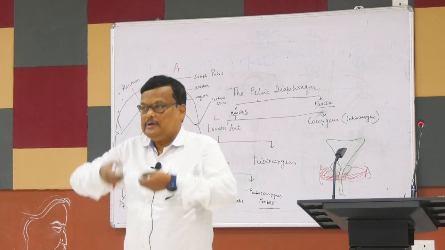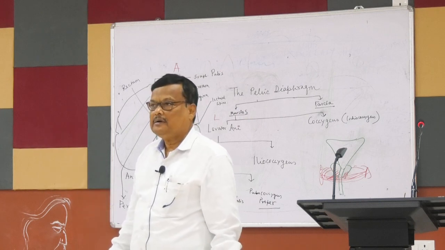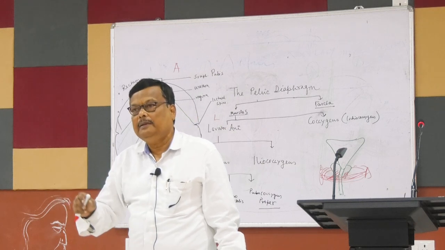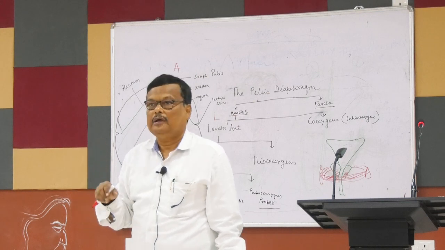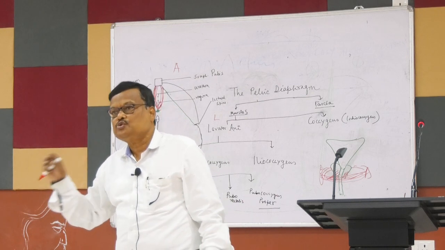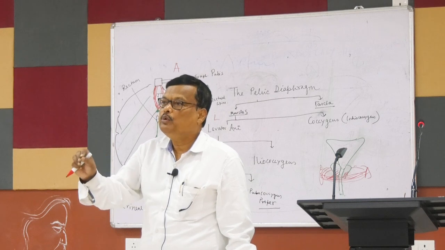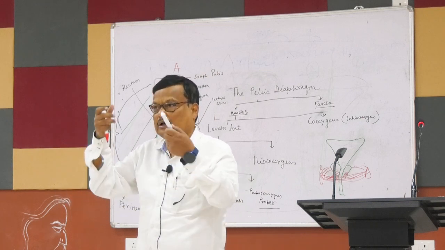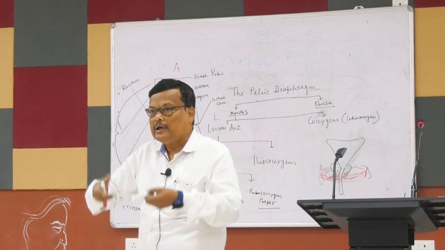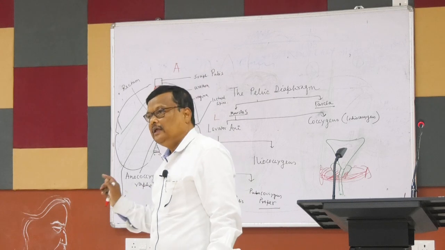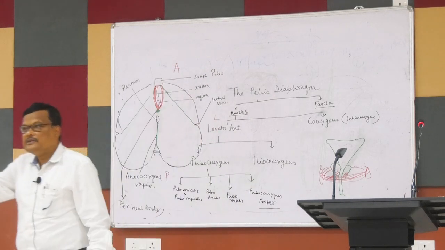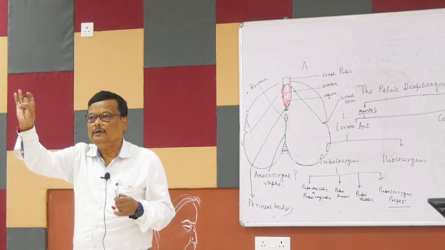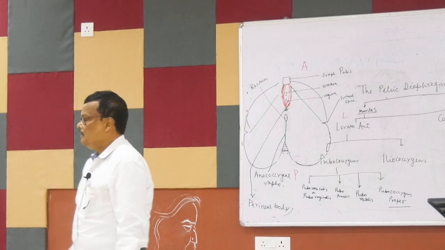For micturition we have to lift the prostate a little upward. So pubovesical, in male, helps in the elevation of the prostate, thereby helping the process of micturition, helps in passing urine. And those fibers of the pubovesical which are attached to the prostate are sometimes called levator prostatae. Levator means to elevate, elevator, what is another name for lift? Elevator, because it lifts. So levator prostatae, this is important. And in female it encircles the vagina, and when it constricts, the vagina closes. So it is a constrictor of the vagina. That is done. Then